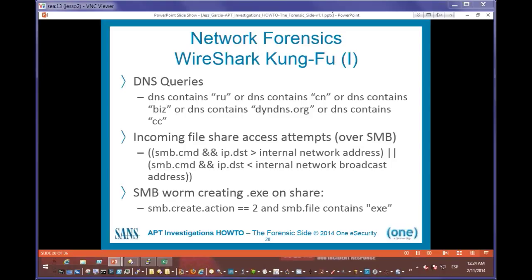Another very useful thing is trying to look for incoming files, file share access attempts. These things you guys are seeing are Wireshark filters. Wireshark is probably something most of you are familiar with. It's a network traffic analysis tool. It is very flexible, and it has a type of filters which are called display filters. Basically, what you're seeing on the screen are display filters that you can directly type in Wireshark, and will